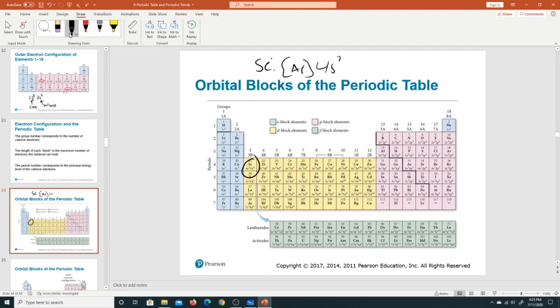So scandium, Sc, has a configuration of argon core, 4s2, 3d1. So when it comes to elements in the middle part of the periodic table, these d electrons will also count as valence. So scandium actually has 3 valence electrons,